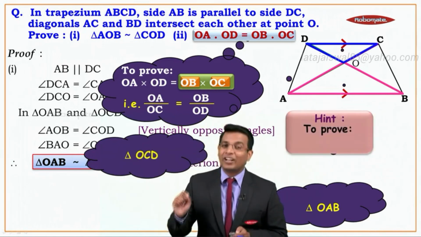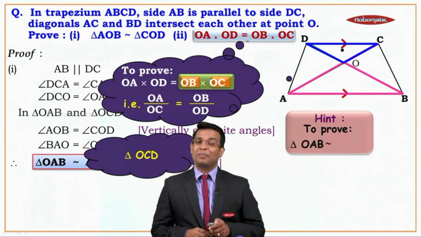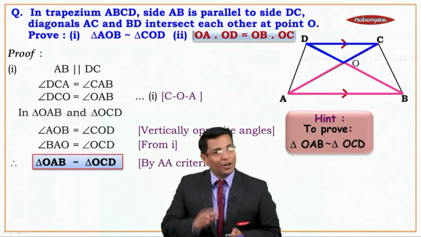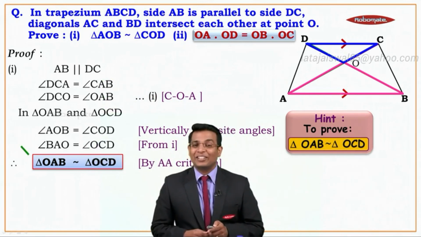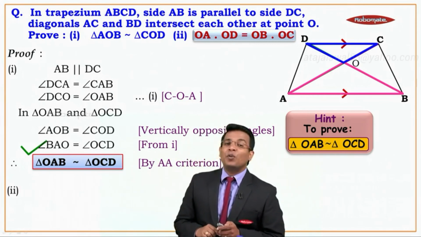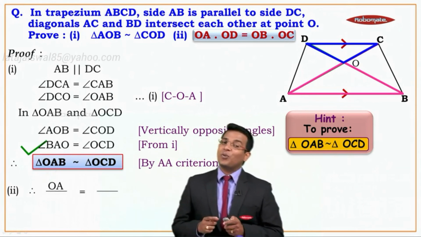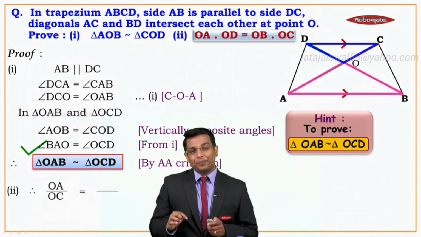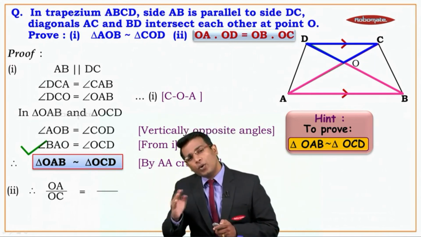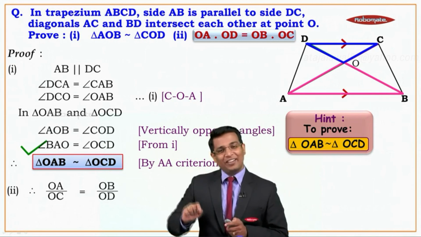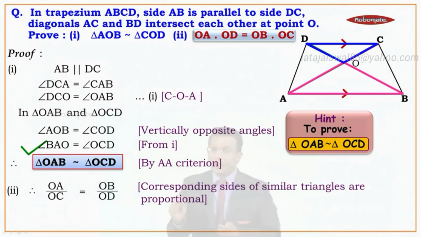OCD. So we have these two triangles, and if we prove these two triangles to be similar, we get those two products to be equal. But do we need to prove it similar? No, it's already done. These two triangles are similar, which we proved in the first part. So we can just take the ratios now. In the ratios, we want OA. So we are going to take OA first. So it is OA. For OA, the corresponding side is OC. So it is OA upon OC. The next is what we want, OD and OB. So we have OB here, right? So for OB, what is the corresponding side? It is OD. So we have that. And the reason for that is corresponding sides of similar triangles are proportional, right?